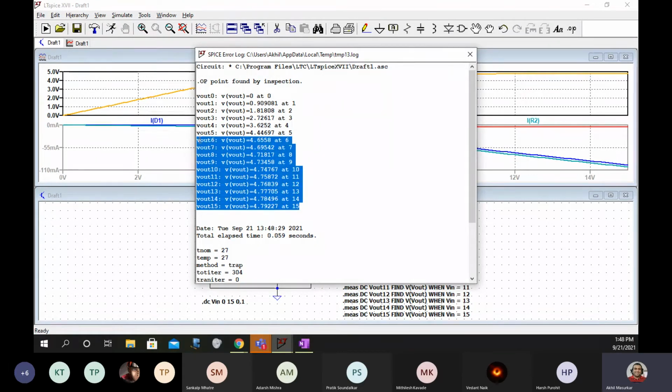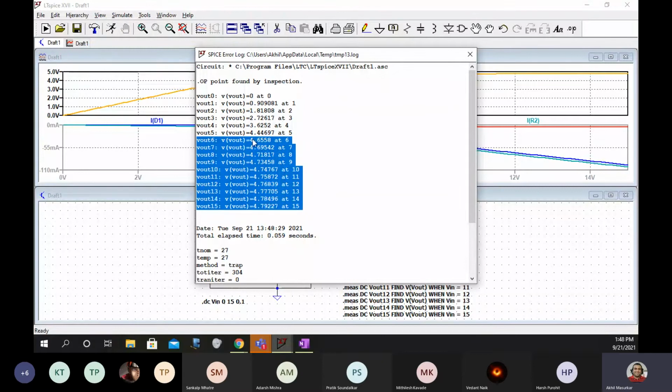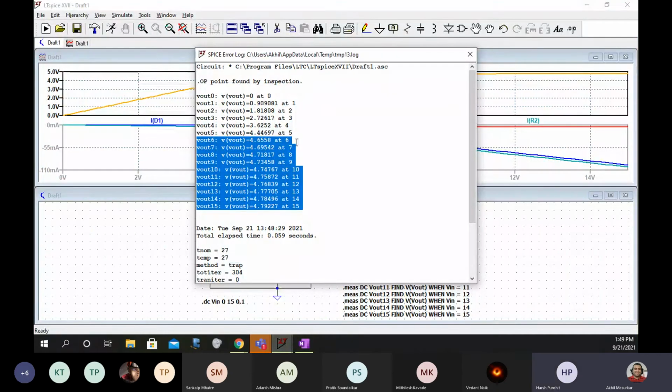between 7 and 8 or between 6 and 7, the value tries to stabilize. You can see V out is stabilizing between 6 and 7 or around 7 and 8. Between 7 and 8 the values are very close, 6.9 and 7.1. So that confirms our values also, that the minimum value is around 7. So that confirms from these readings that the minimum value, so calculated, is almost equal to observed.